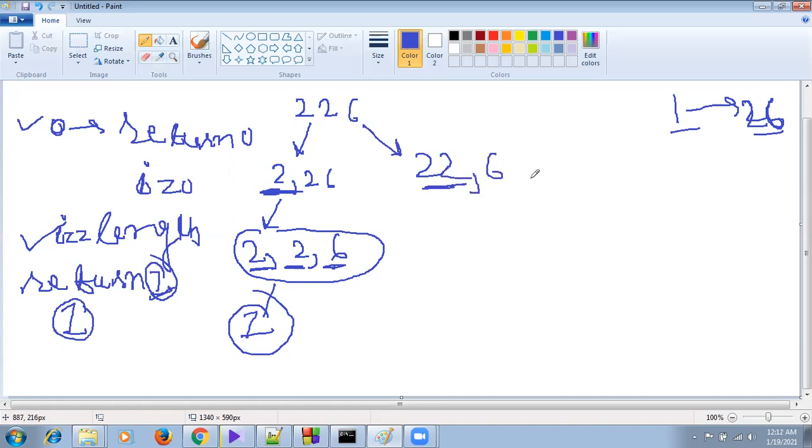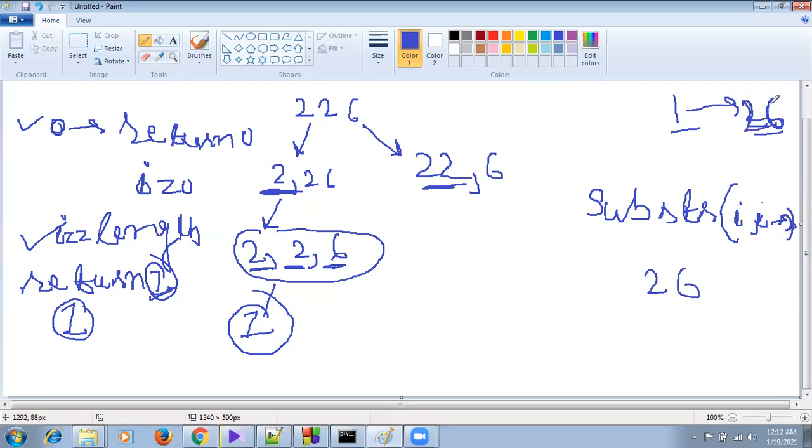So how can we take 2 digit characters from this string? We have to use the substring method. We will use the substring method here, and we will take a two digit substring from i to i plus 2. It will give a 2 digit string, but here we also have to check that this 2 digit string is not crossing 26, because a 2 digit character is decodable till 26.